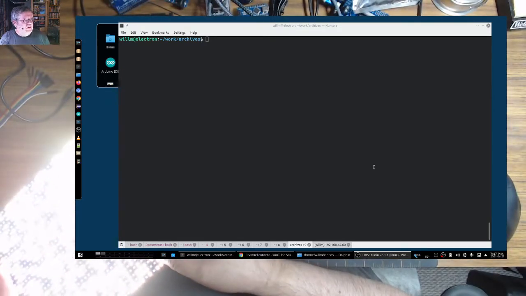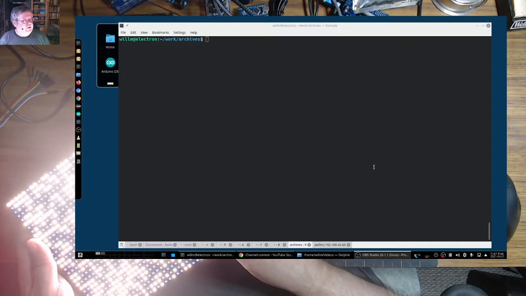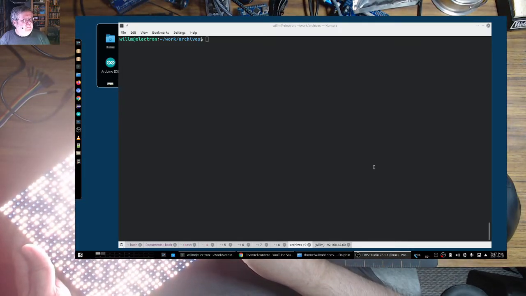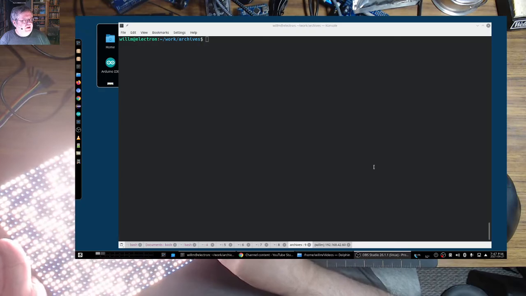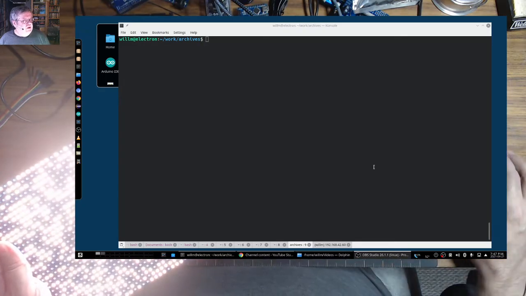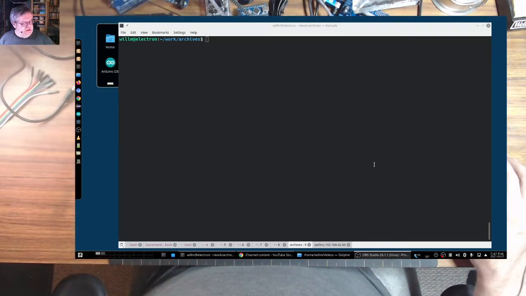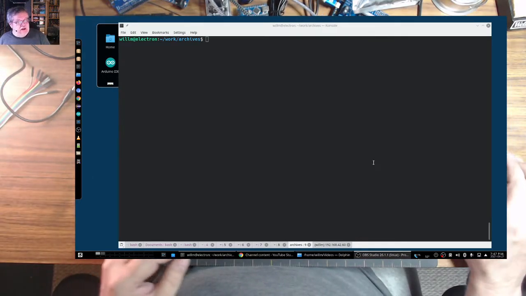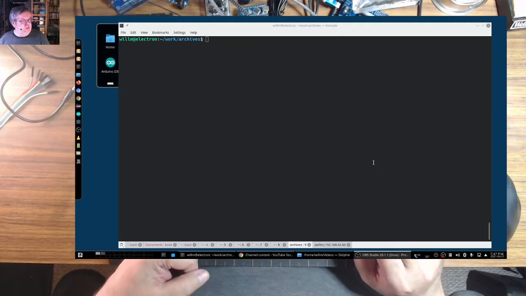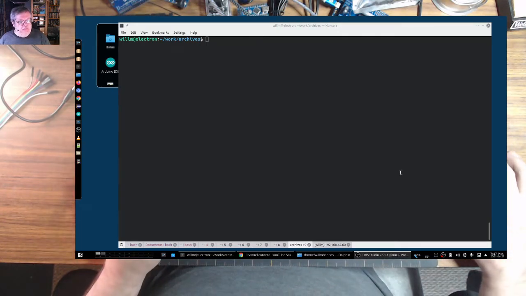I'm not going to try to swamp the poor color on here. But you get the idea. A bunch of blinky dots happening on a very big panel. It's fairly bright. I haven't controlled brightness yet, so that's why I don't have it on the camera, because otherwise we would be just swamped. But let us go to our code,